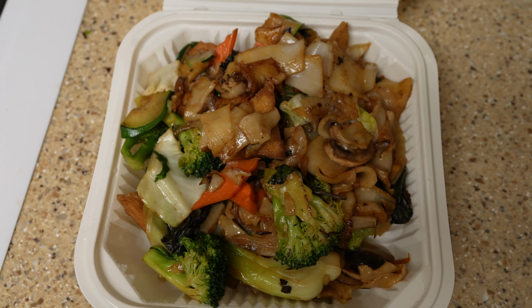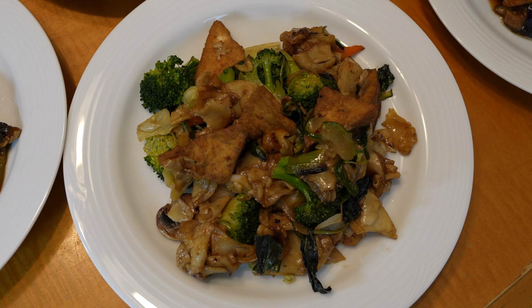Now I'm gonna be moving on to their chow fun, and this is their basil chow fun. So it's a mixture of Thai basil, chow fun, broccoli, and I also added tofu to this, and it smells pretty good, but it does seem a bit on the mild side. Their chow fun here is pretty good, but it's not anything mind-blowing. I think the noodles have a bit of a mild flavor,